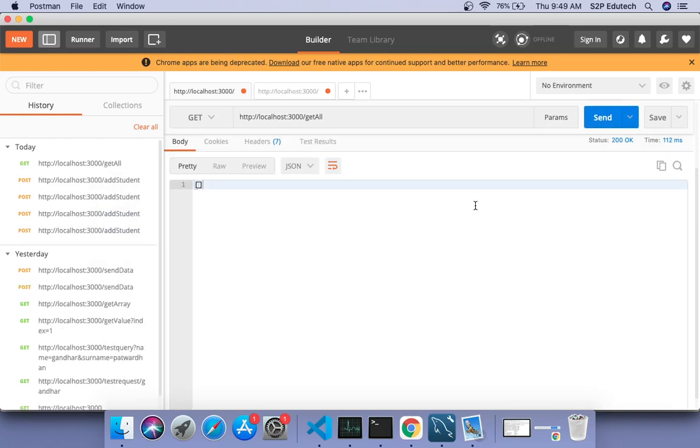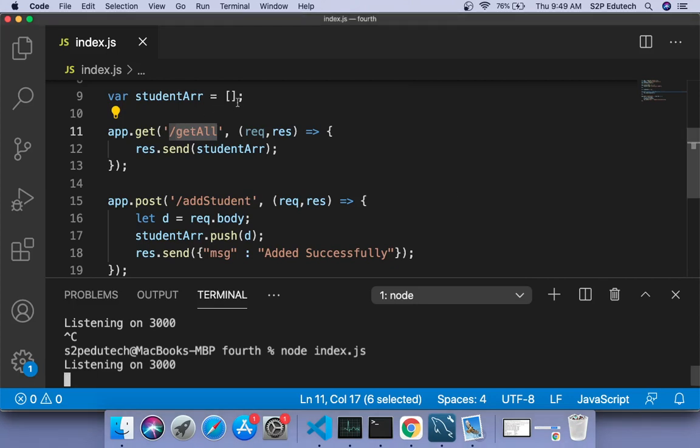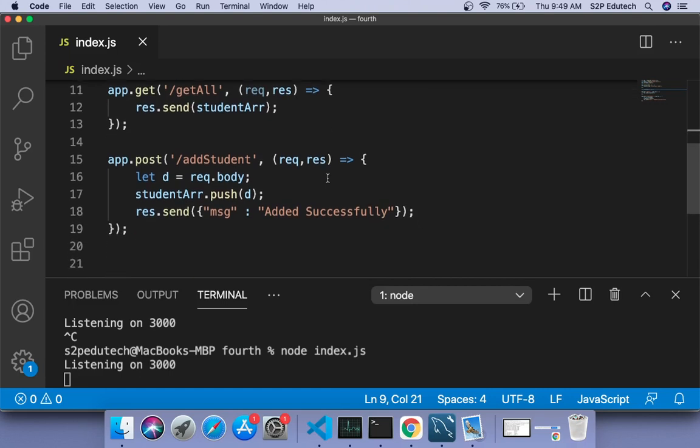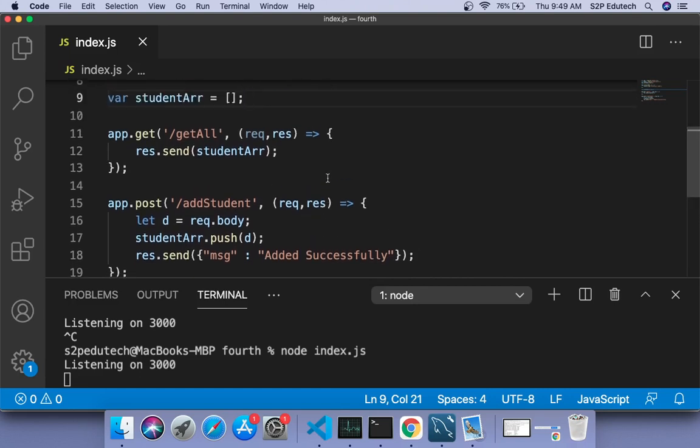So what it means is that this is temporary data and it would stay only and only till your server is running. Once your server stops, this data would be vanished. And this is where a database comes into picture. Why? Because a database permanently would store your data unless you explicitly delete that. Here, even though we are not explicitly deleting the data, still it gets vanished.